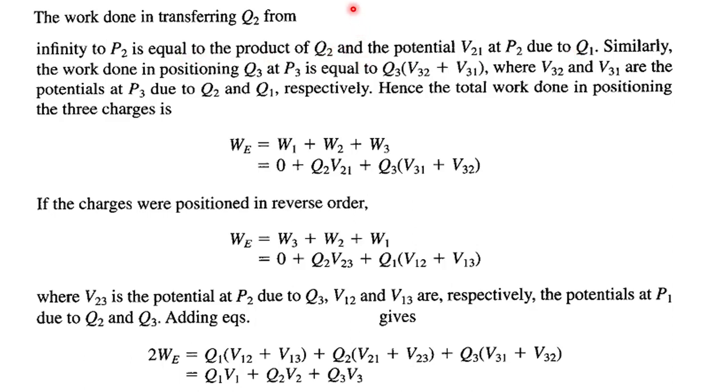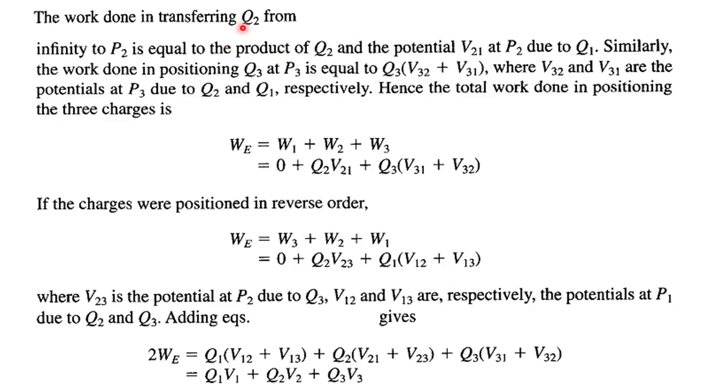Basically, if you observe the equation of work done, work done is equal to minus integration of E bar dot dl bar. So the equation of work done can be written as W is equal to minus Q integration of E bar dot dl bar, and we know that minus integration of E bar dot dl bar itself is the potential. So I can write the work done as Q into potential. The product Q into V is called the work done. In this form we are going to write this work done.